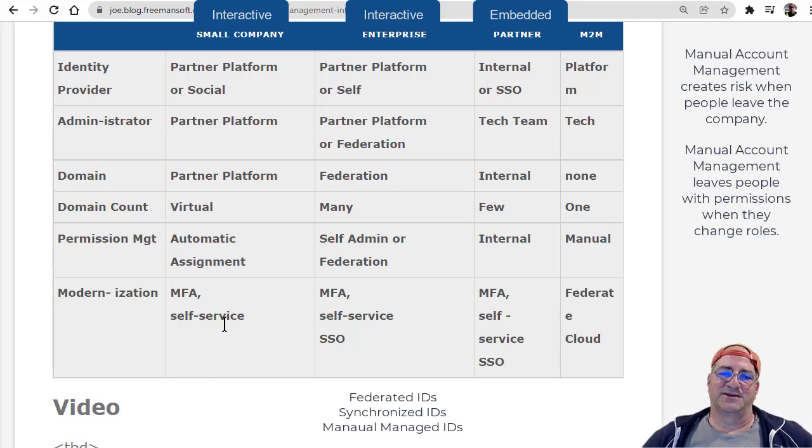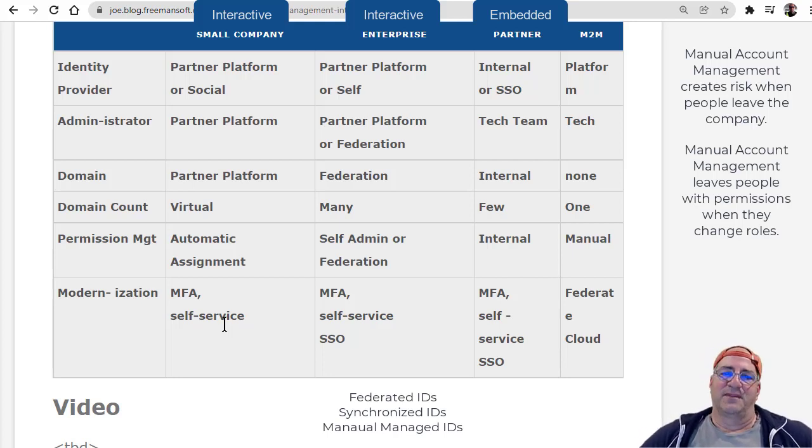They basically take their existing permissioning system that's in-house and they bridge it into our partner system somehow, either through a live link or they just do a regular dump of permissions. That way our system has the same permissions that they want. This enterprise one, anytime you can do a link from one company to the other for setting permissions and enabling and disabling accounts, that's the best. The biggest hole in these partner systems, for the standalone one called partner, which I apologize, or for small companies, is that somebody can leave the company, and if you don't remember you added the account, there's a major security risk, right?